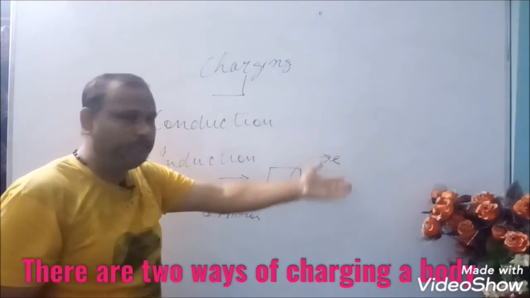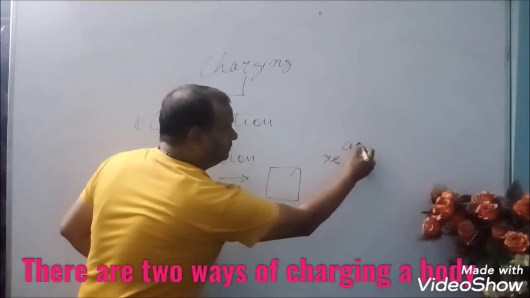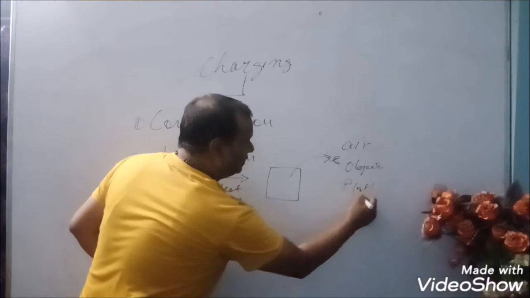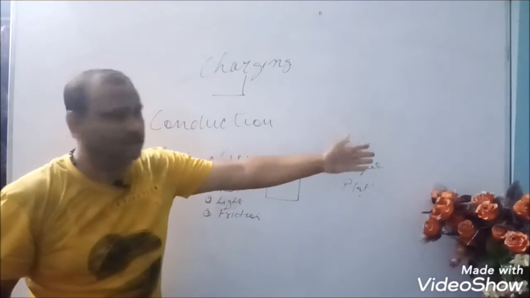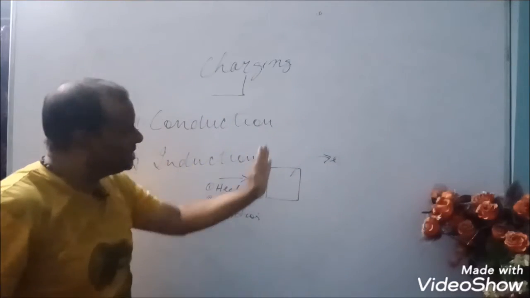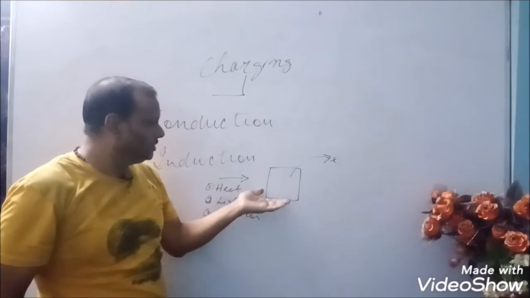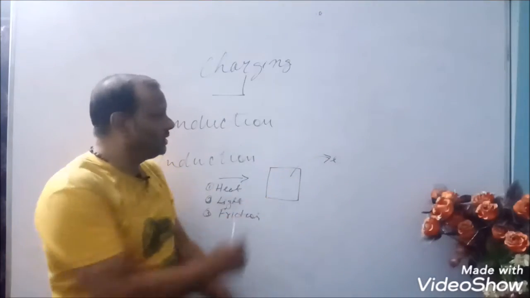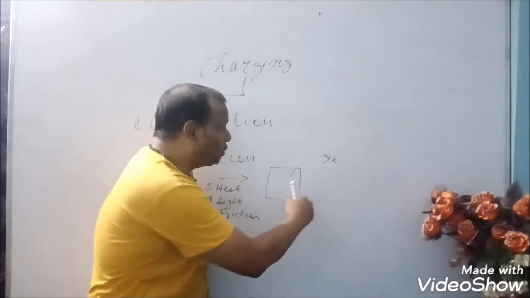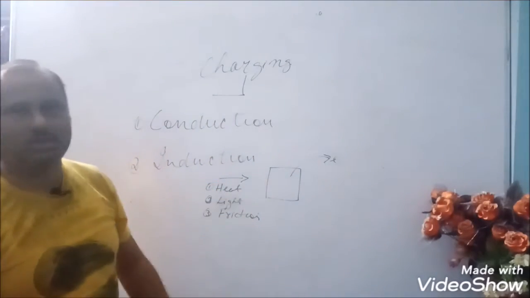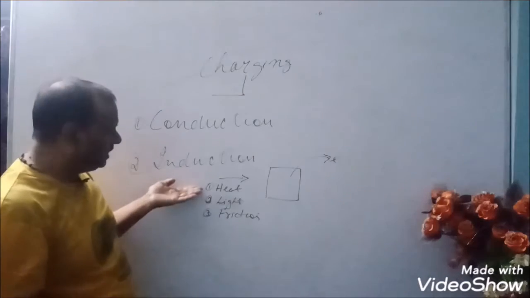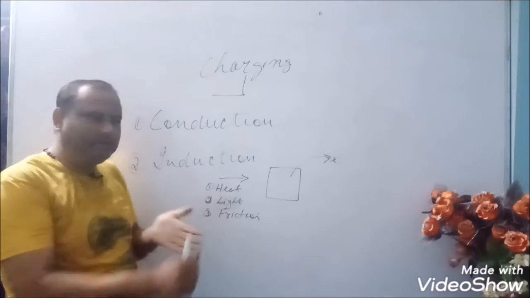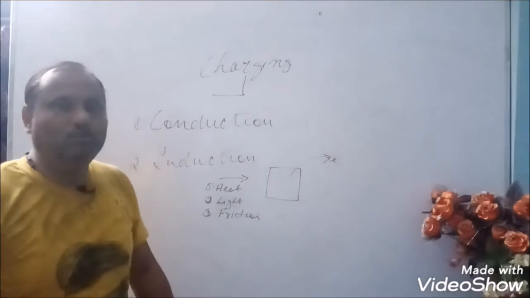It could be anywhere. It could be air, an object, a plant, trees. Anywhere it has gone. So if this electron jumps out of this body and goes to another body, a total transfer of electron, this process is called conduction, and this can be done by heat, light, friction, thermal heat, any sort of process. By rubbing you can convert it into a movement of electron.